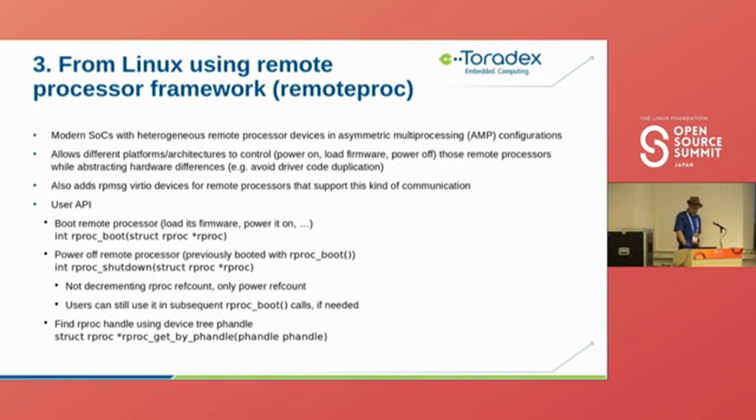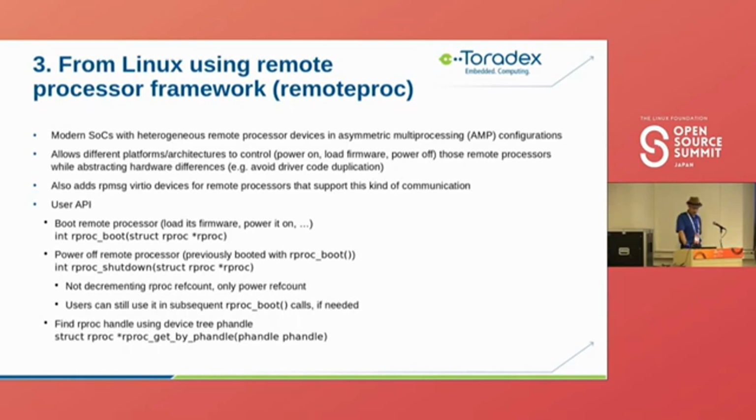The user API is basically, it has a call rproc_boot, so that allows you to boot it. Booting meaning it loads the firmware and powers the core on. Usually, it's about clocks and power domains, stuff like that. Then it can also be powered off. There is the rproc_shutdown call. So a previously booted one basically can be